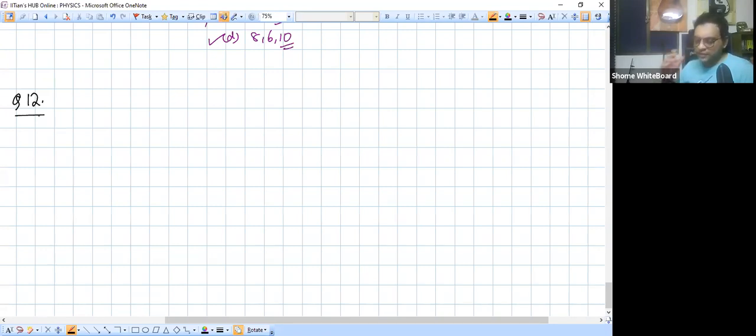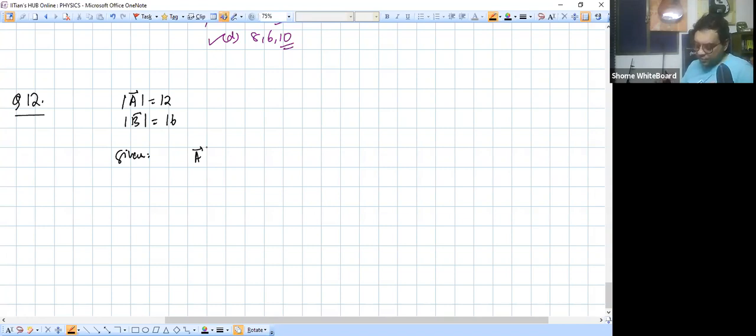Okay, now the 12th is again about some kind of triangle inequality. The 12th is saying that A and B have magnitudes of 12 and 16, and their difference is greater than 20. Now 20, you'll notice, is the square root of A square plus B square. If I take mod A as 12, mod B as 16, and given that mod of A minus B